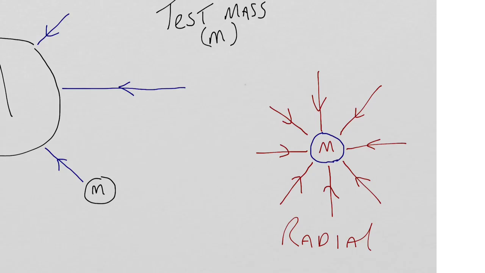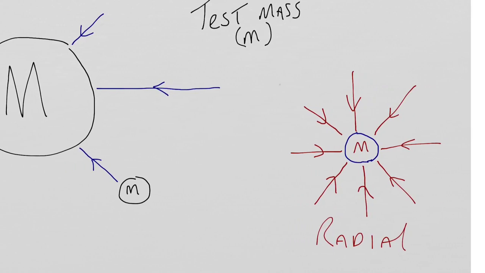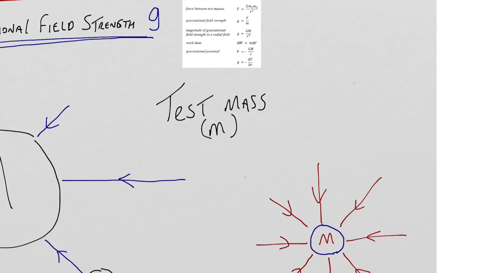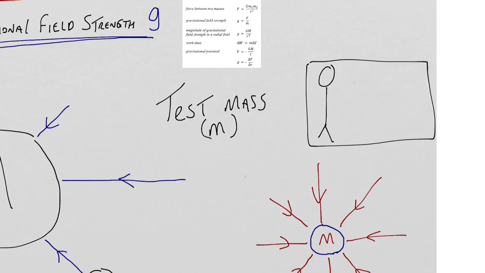Now, radial field lines are what we see around every round object. If we think about the Earth, we know that's a round object. But if I was to be working in the classroom, I need a picture, so let's draw a picture. This is my classroom again. Okay, I am here. And obviously, being a scientist, I'm always carrying an apple with me so I can drop it at a moment's notice to prove I understand gravity. So there's my little apple.